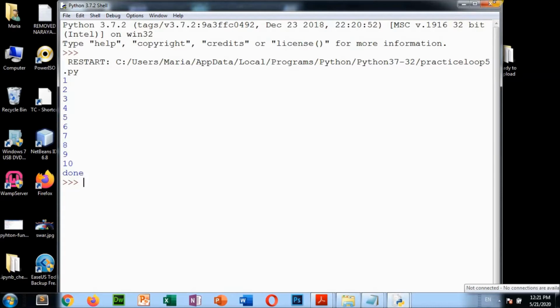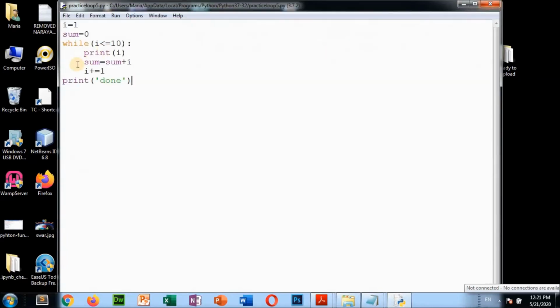So how will the sum come? We have done the addition task already and stored it in sum, but we have not displayed it. So where can we display it? We can display the sum outside of the loop. See, I'm going to display here: sum is equal to, this is a statement, comma, where is the value?